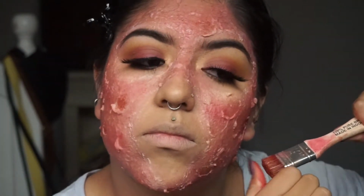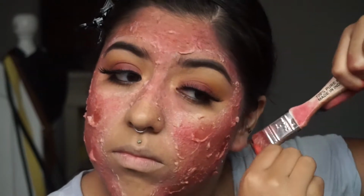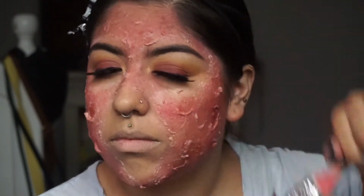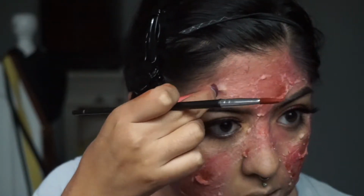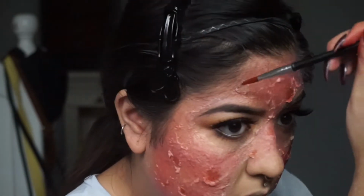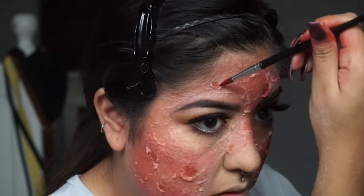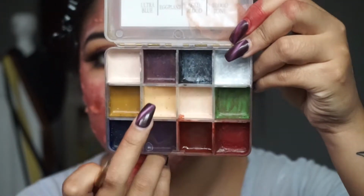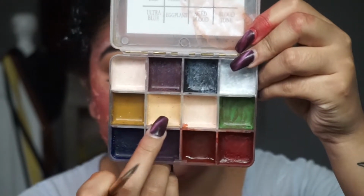And then I'm just going to go in with some more Rose Adjuster and add it in some places so it's not all one layer of red, you get me? So yeah, and then I'm going to go in again, make a hole apparently, and add some more of that Aged Blood. And then from the same palette, I'm going to take Pastel Yellow, and on a smaller brush,